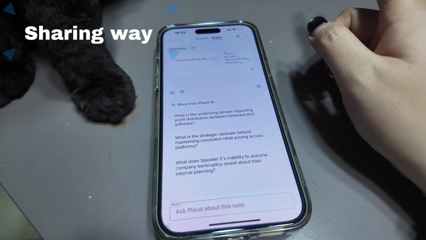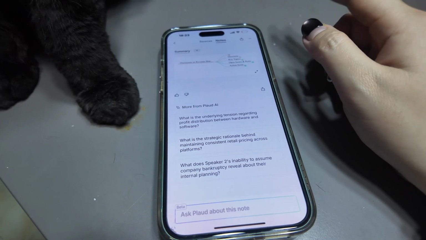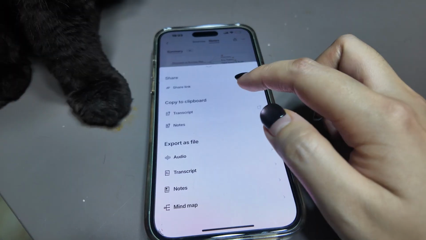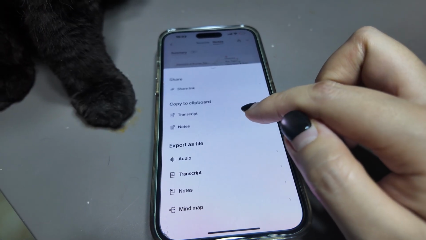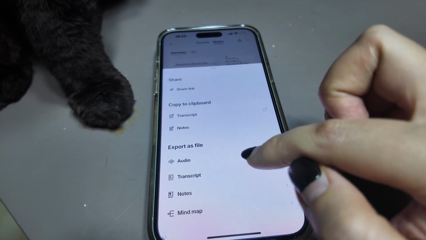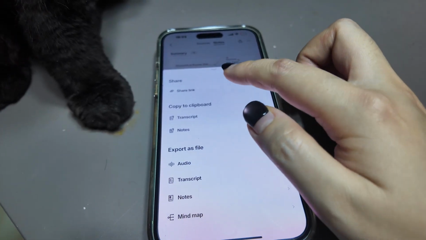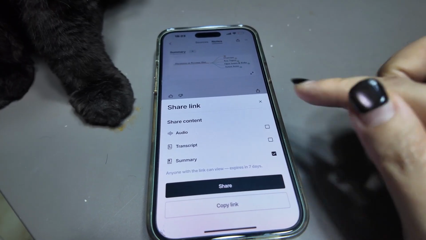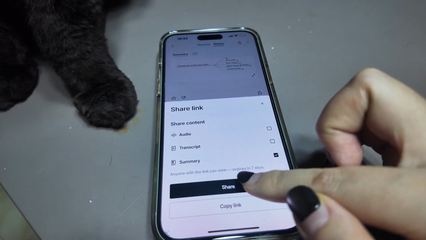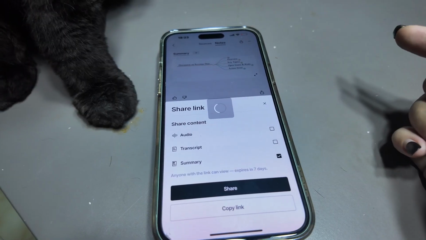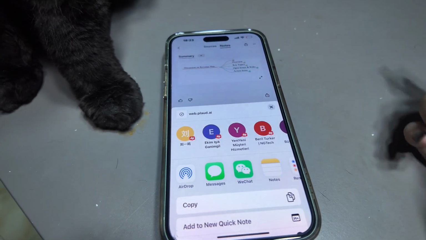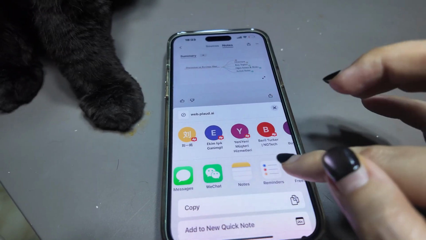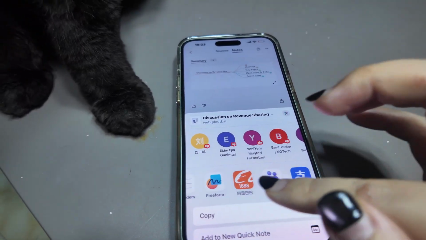And the best part I like about PLAUD is the way of sharing. Firstly, you can share by link, and you can share by words, and you can share by files. When you share by link, you can select which part you'd like to share, and you can then share it or copy the link and send to your colleagues or others. And you can also share the link directly to the mails